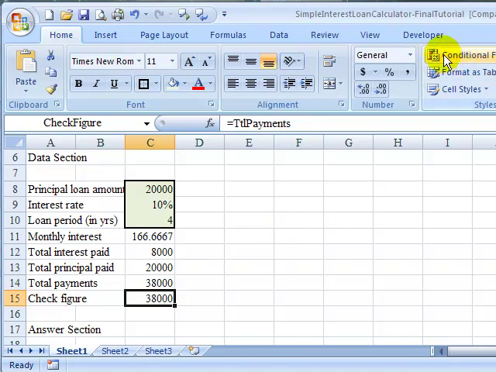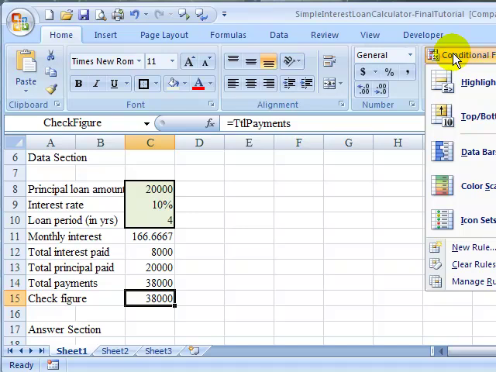So you see now I've brought this over a little bit. This will look a little bit different than what you see, but the big idea is on the home screen under styles you should see conditional formatting. And since I'm now currently on cell C15, I want to conditionally format this cell if it meets the rule that the check figure is not equal to 0. Okay. So we're going to do this. We're going to write a new rule,